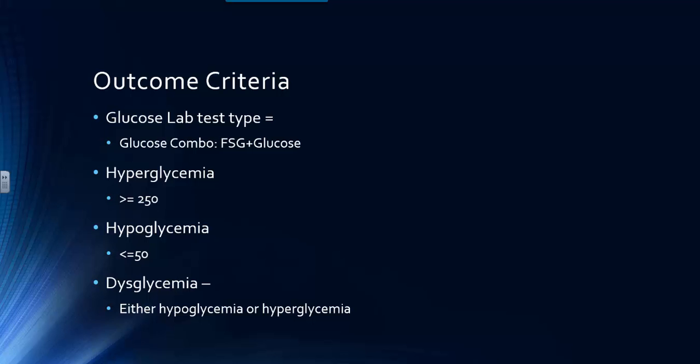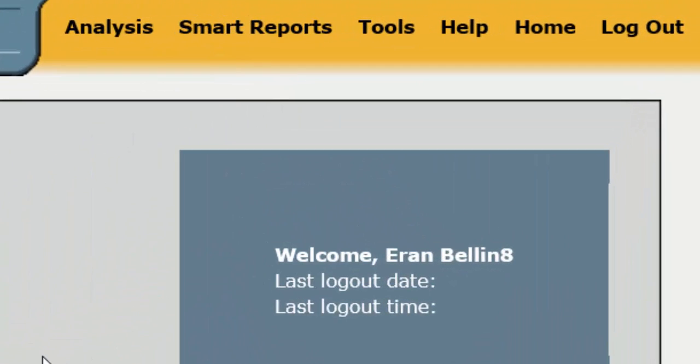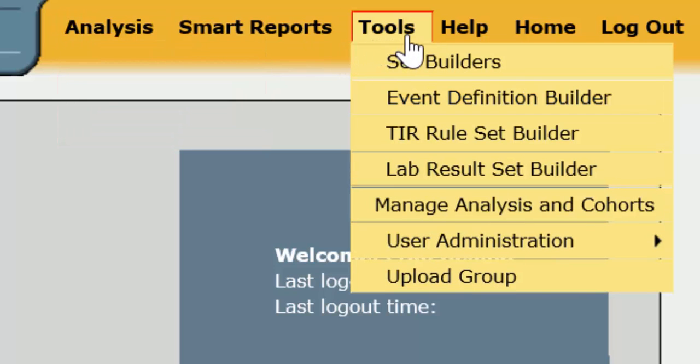Now let's go to Clinical Looking Glass. We're first going to build our medication sets. We need to get a medication set for Gatifloxacin and a medication set for the macrolides. So normally we go to the three-dotted button once we are building our cohorts, but I will show you another way to do this. You can go to Tools,